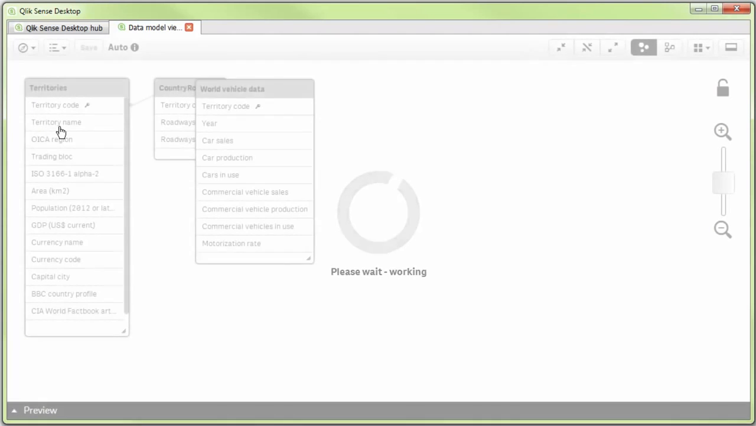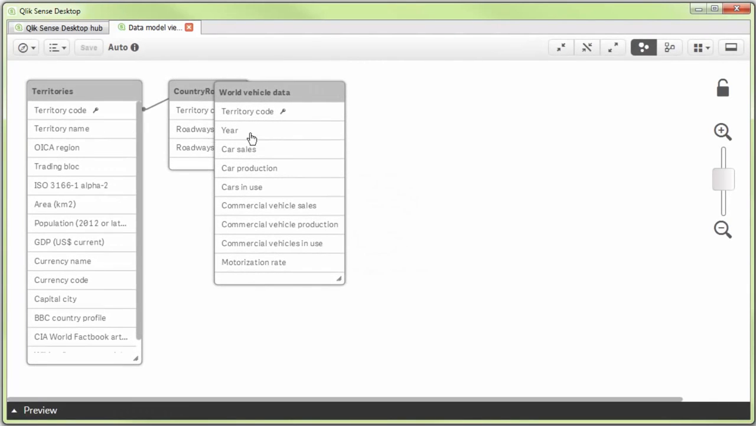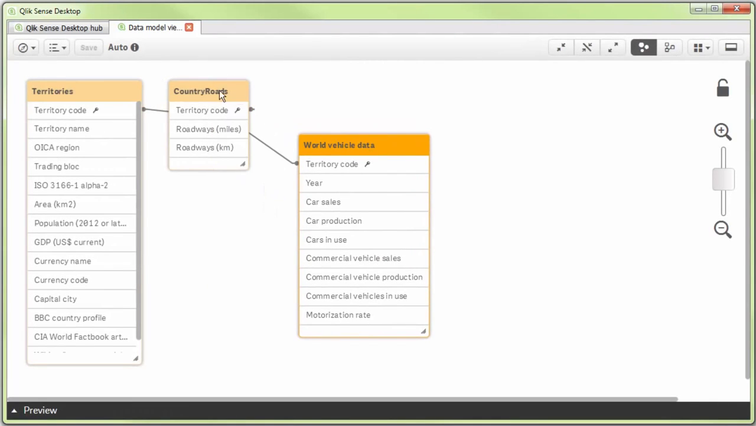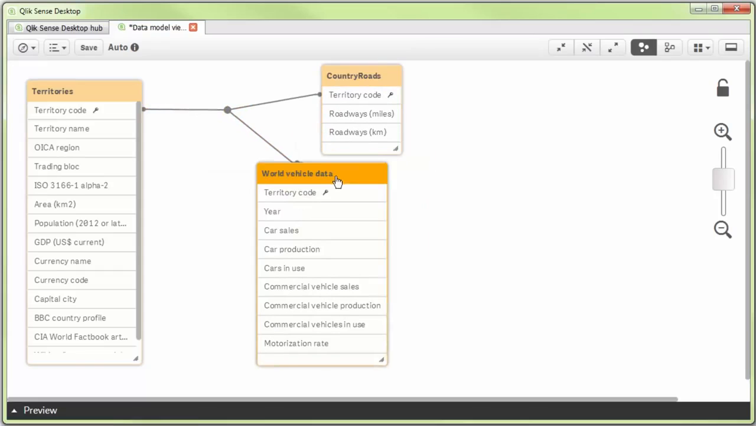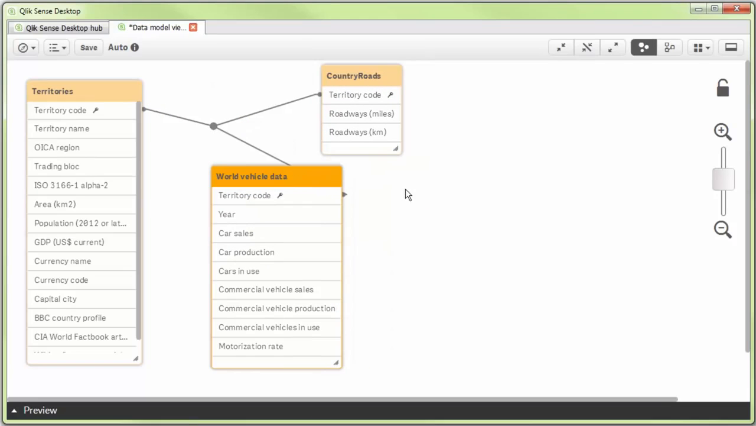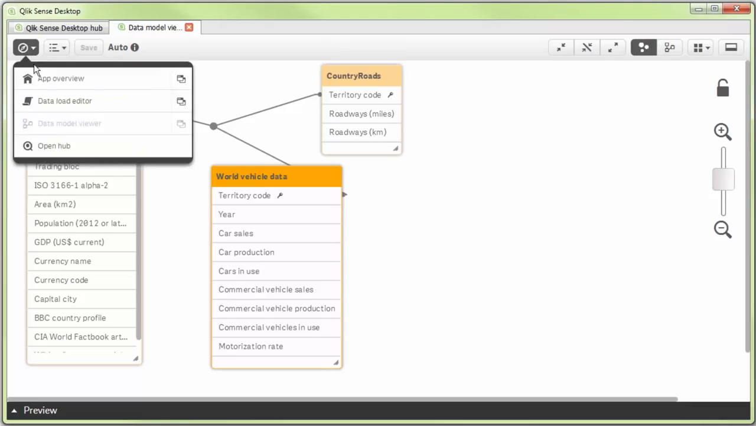The different groups of data are called tables, and each table has a name. Here they're territories, country roads, and world vehicle data. The names come from the files we read in, but we're going to override the names in a minute. The tables are linked by one field called territory code. So everything looks good here, so let's go back to the data load editor one last time, which is navigation,